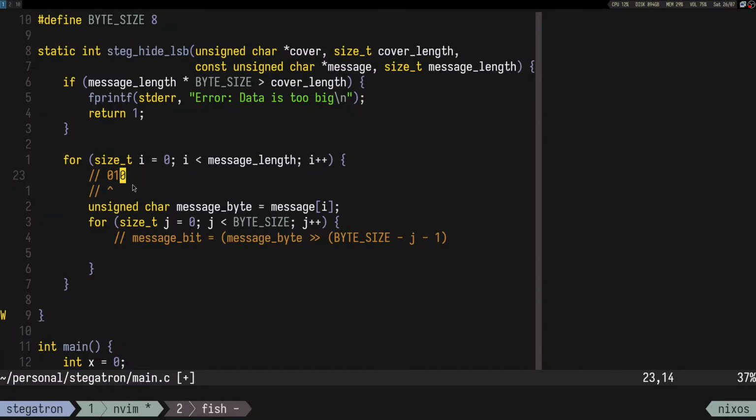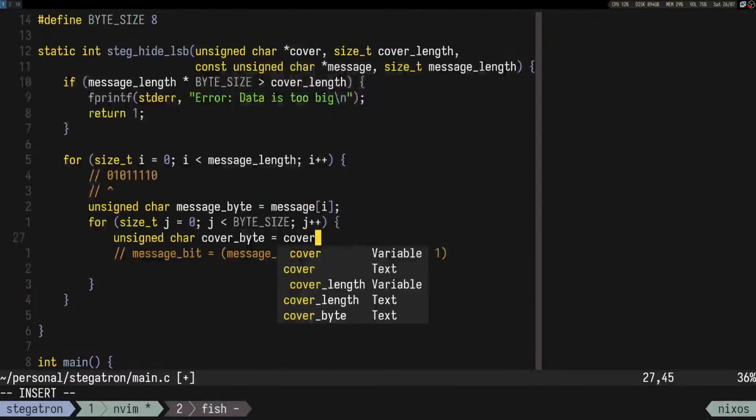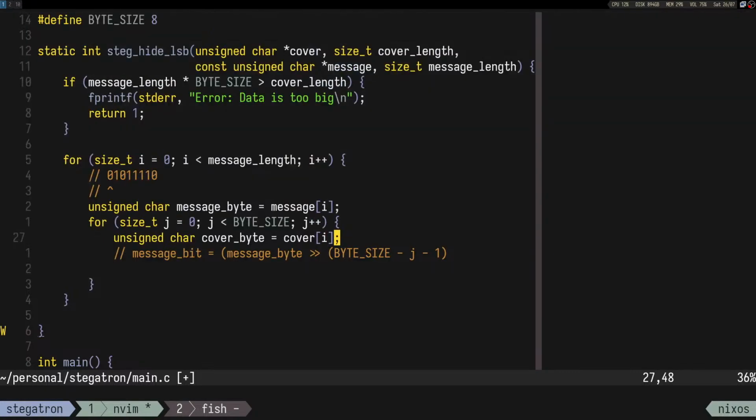Probably you get the idea. So that's how we get the message bit. But how about the cover bit, or I guess cover byte? So the cover byte, let's do unsigned char cover byte. This one is going to be just cover at I,